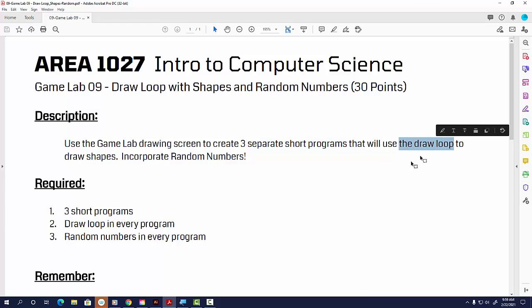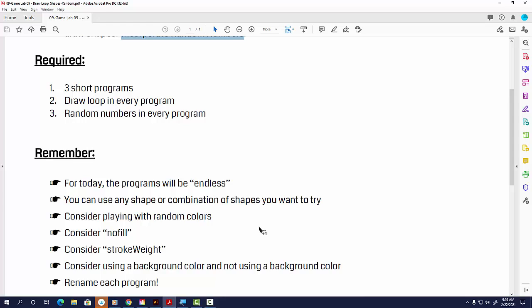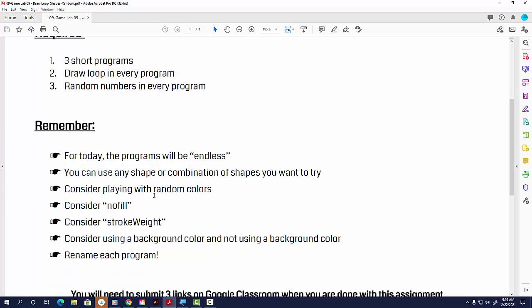They all have to use the draw loop. They're going to have to use some shapes, and you're going to have to use some random numbers. I'll show you some examples, and you can branch out and try all kinds of things. All right, there's more on the handout than what I've got right here, but I'm going to just hop into